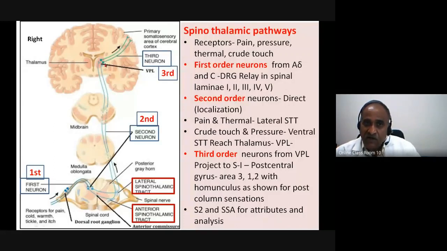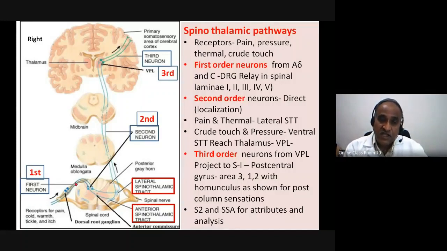Now this second order neuron reaches the thalamus. That thalamus is the ventral posterior lateral nucleus of the thalamus. So from here, the third order neuron begins. Thalamocortical projection goes to the parietal cortex, the postcentral gyrus, along with other somatosensory components. So this is a generalized pathway, necessary to identify where a particular sensation has